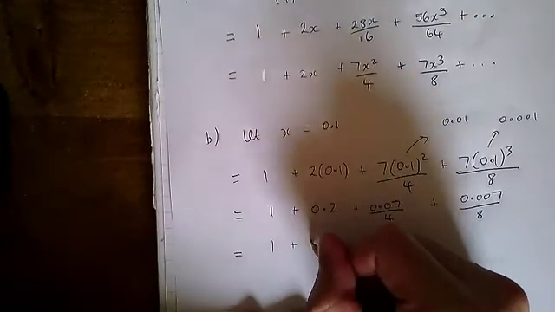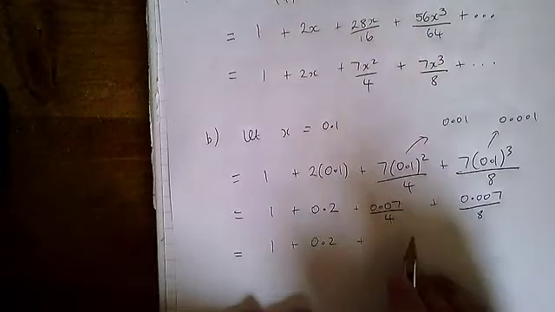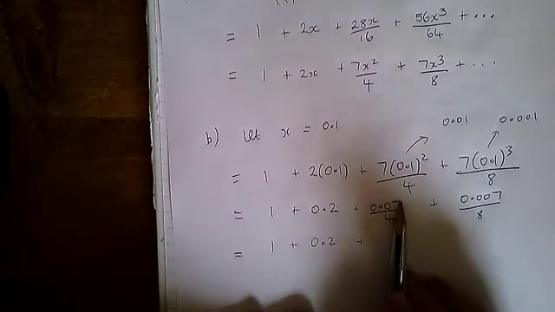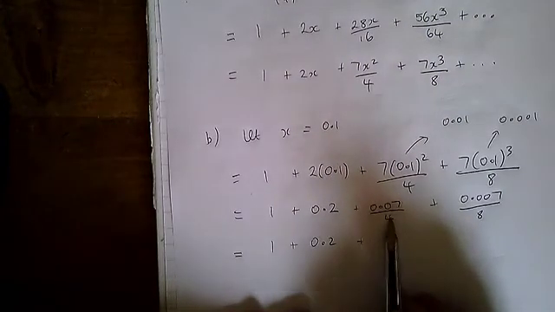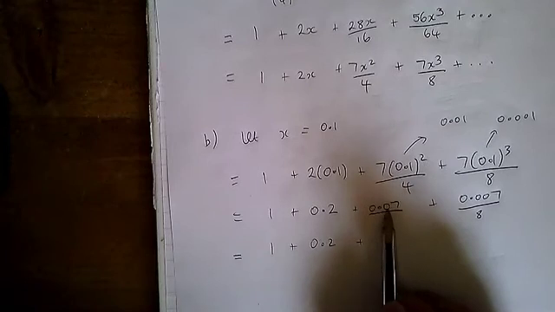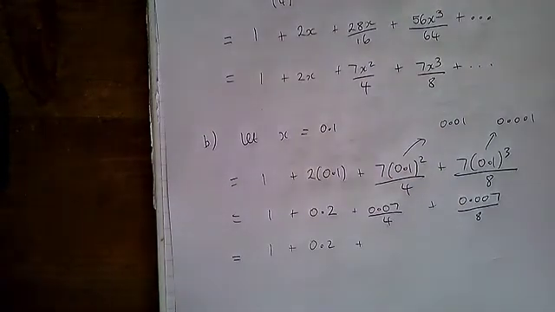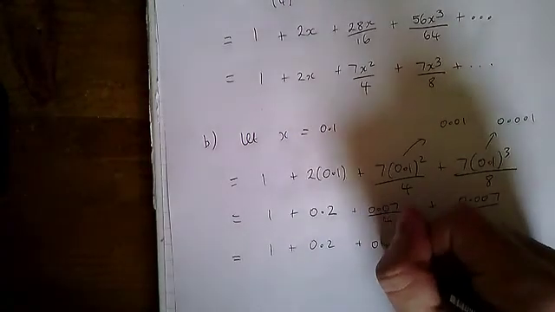Okay then, finally, these two bits are easy enough. Divide that by 4. If you need to, do the bus stop, but I'm thinking that 0.08 divided by 4 would be 0.02. So in this case then, this must be